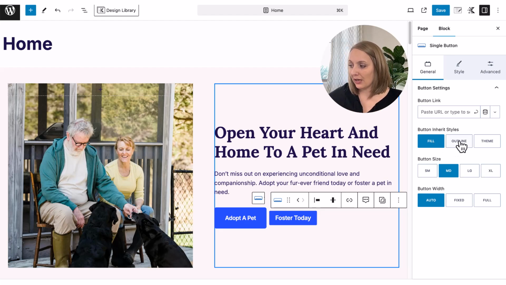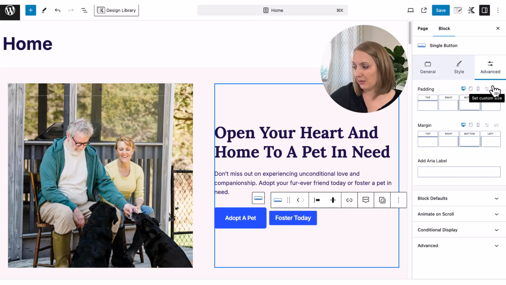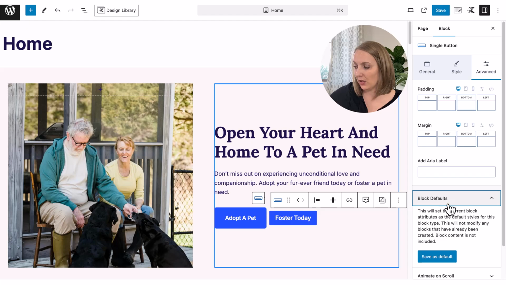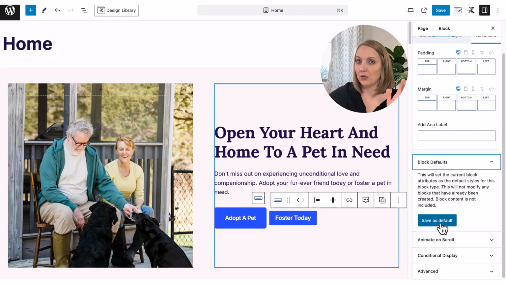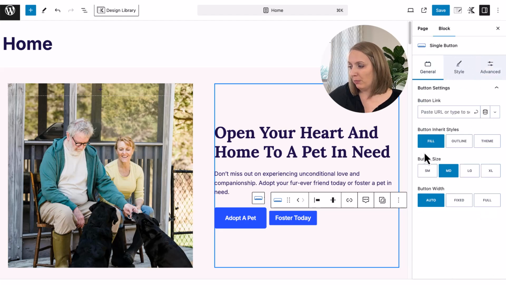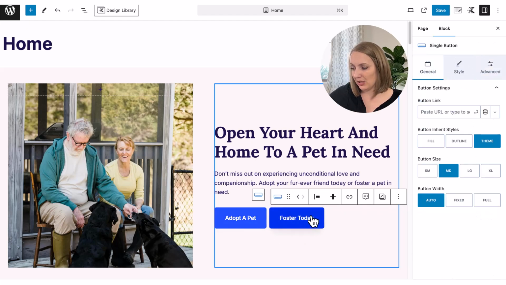So we could style these fill and outline to match the theme exactly and save those as default. So anytime that you customize something, you can go to block defaults, click save as default so that you don't have to style it again and again and again. So that is an option if we wanted to, but since I already have the theme option here,